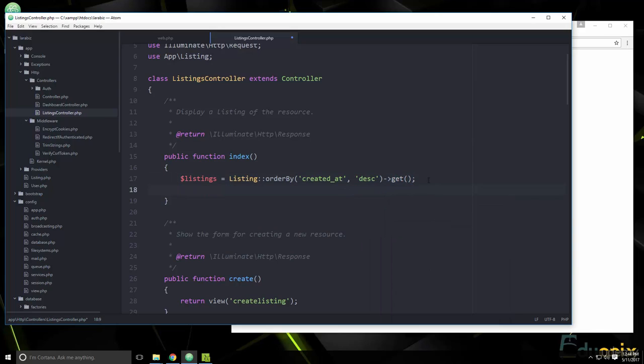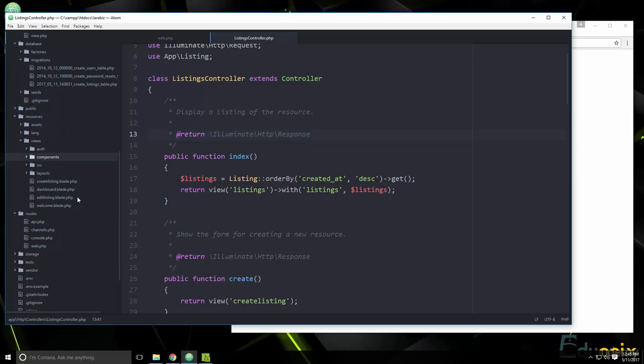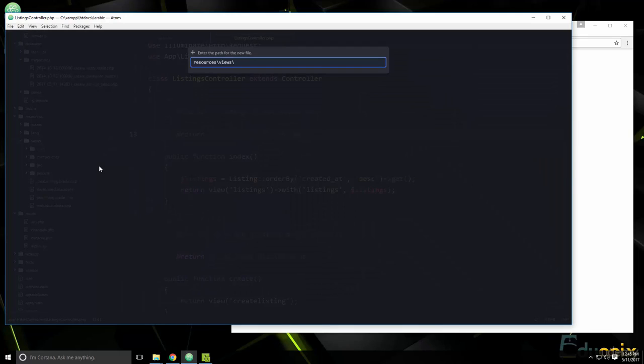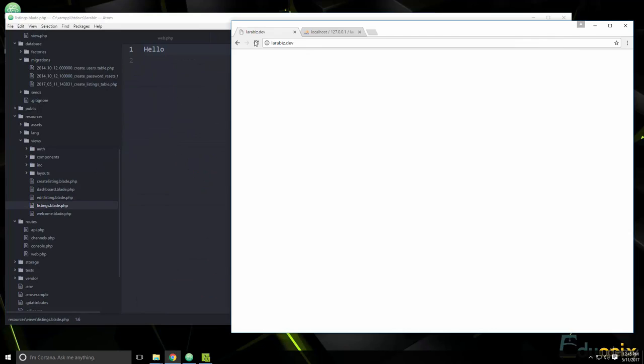Okay, and then we want to return a view, which is going to be listings, and we want to send along with that the actual listings. Alright, let's save that, and then let's go to our view folder, and let's see, we want to create a new file called listings.blade.php. Alright, and let's just say hello. If we go over here and reload,